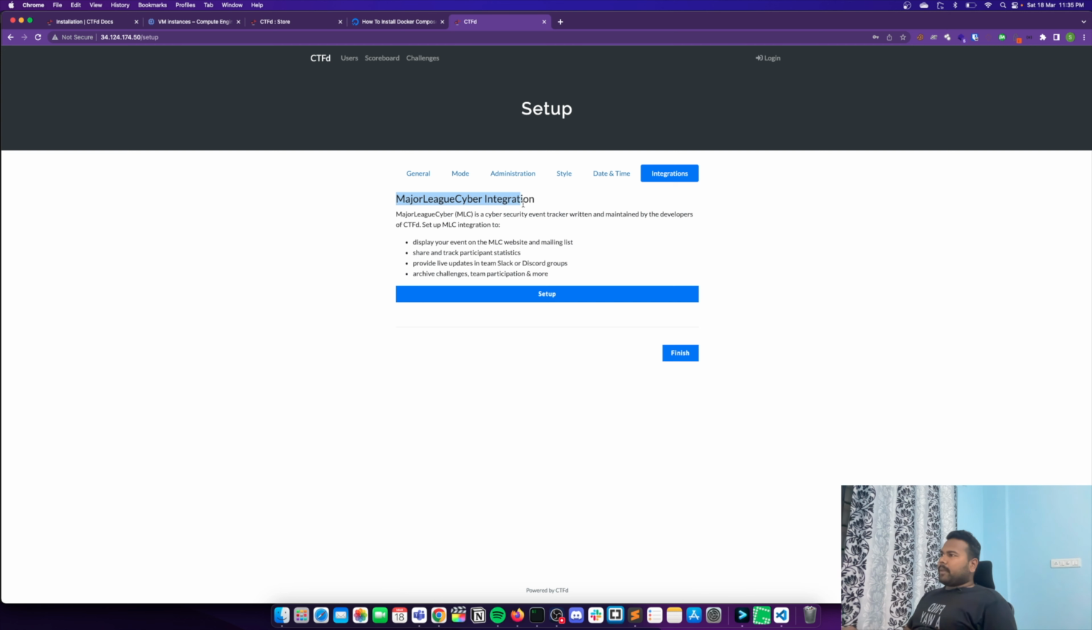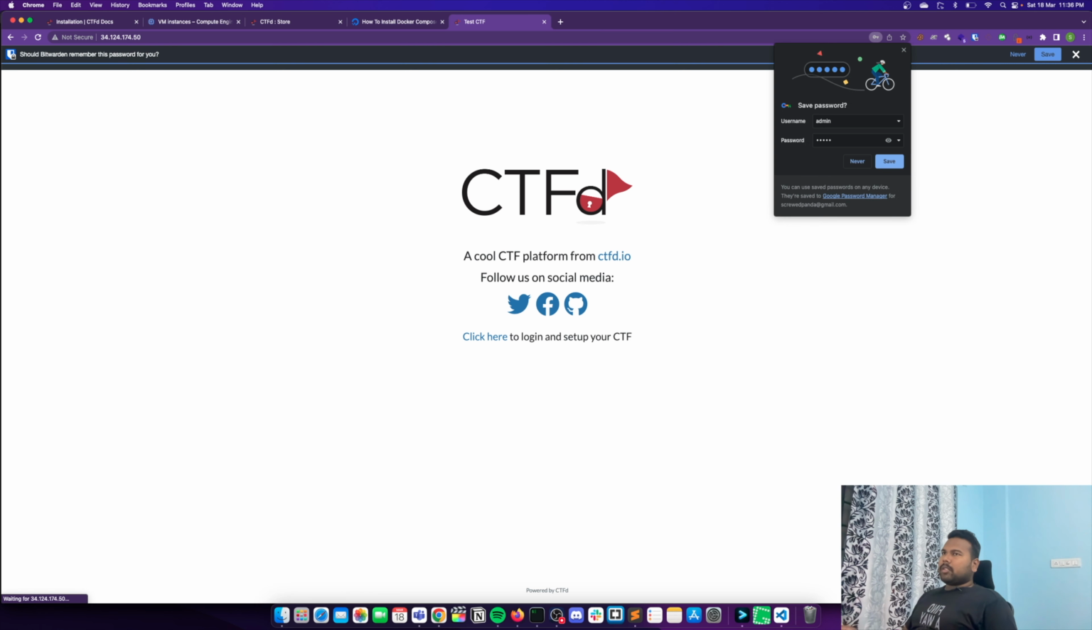So you can also set up Major League Cyber integration. So basically, if you have heard about CTF time, Major League Cyber integration is basically a similar setup as CTF time. You can host your CTF there, you can have information there, and if any team wants to join your CTF, then they can get those details from there, but I'll skip it for now. So once this is done,